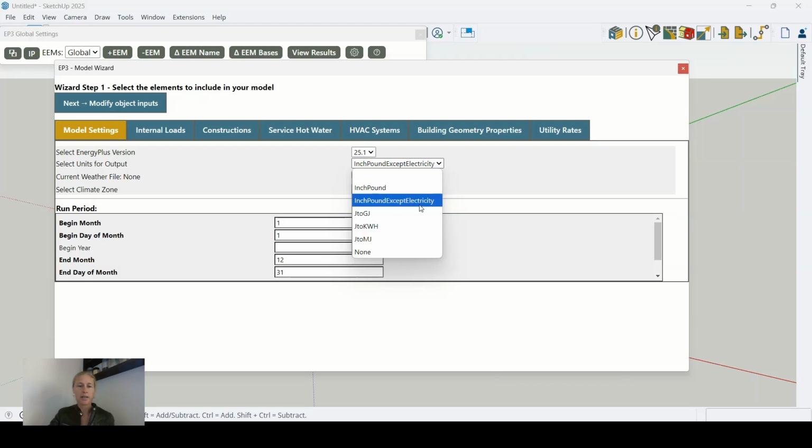If you want your results in international units, SI, you probably want to choose joules to kilowatt hours. EnergyPlus's default units are joules. So if you have nothing selected here, you'll get your results in joules, which most of us are not comfortable working with. We can also select a weather file,